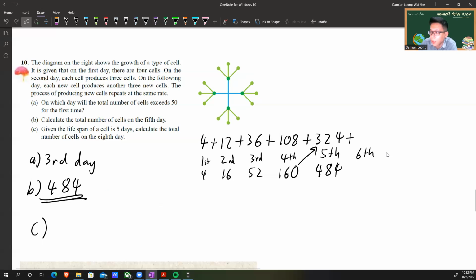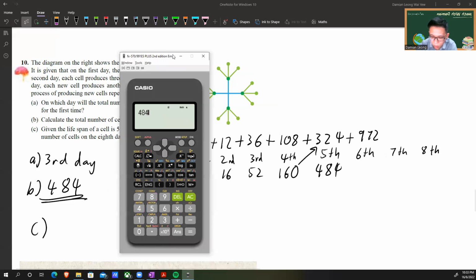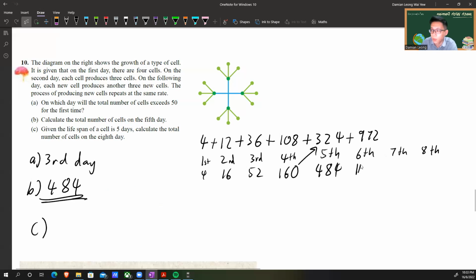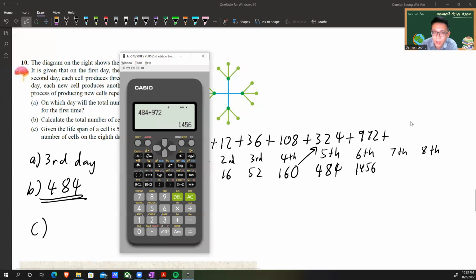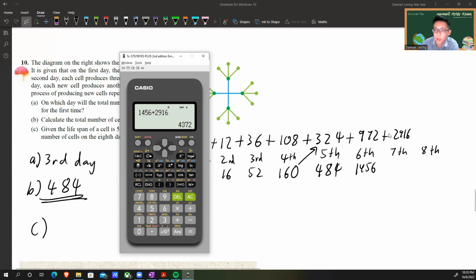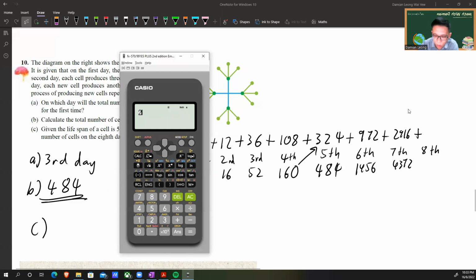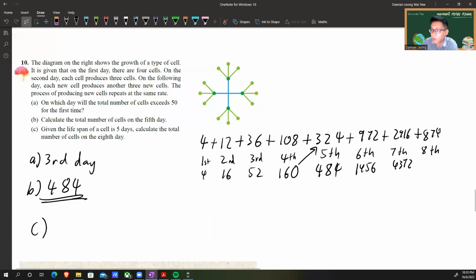So we add until the 8th day. Okay, so after 324, 3 times will be 972. So I take the 484 plus 972, get 1456. Then the next day, the 972, I times another 3, 2916. Then 1456 plus 2916, 4372. And the next day, it adds another 2916 times 3, I get 8748. So on the 8th day,